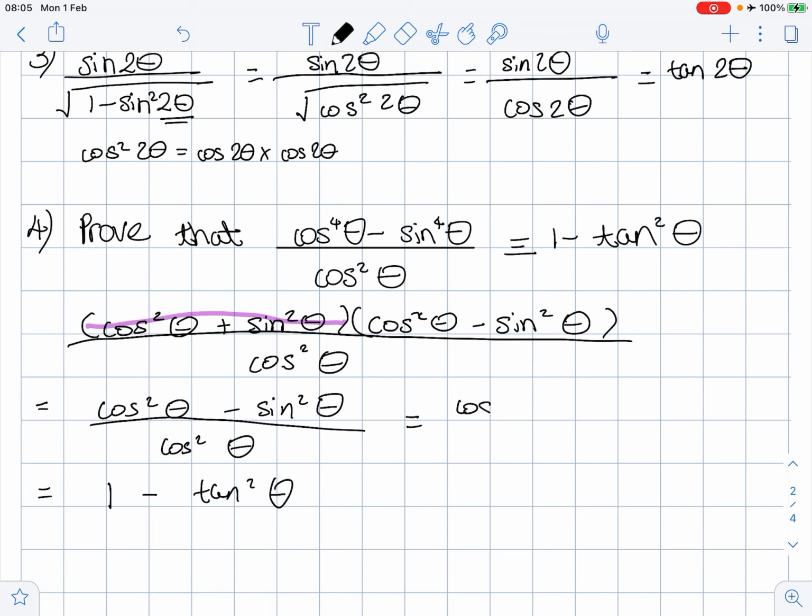So again, you can also write this out as cos squared theta over cos squared theta, just to help make it easier to look at, minus sin squared theta over cos